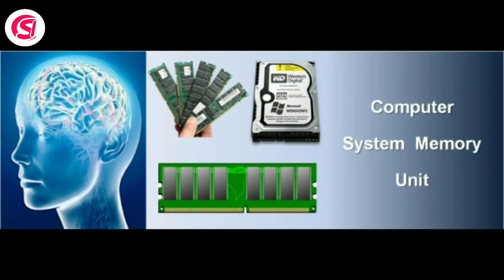Now come to memory. Memory is an important part of both machines and human beings. Memory is the capacity to store data for any period of time. It can be short or long. Computer can store a large amount of data in its memory. The data can be recalled when needed from the memory.